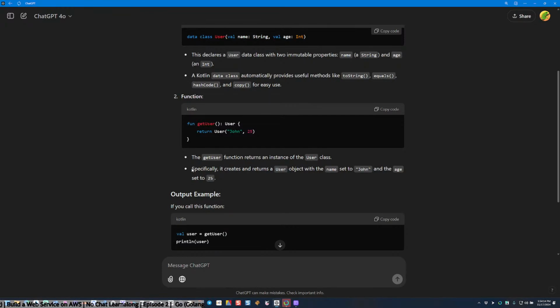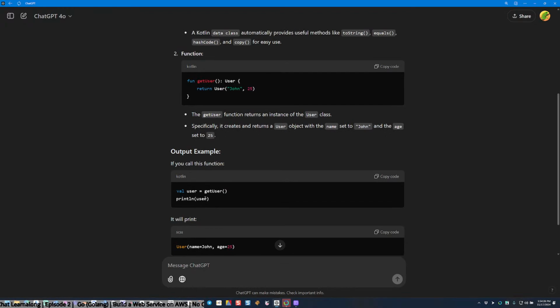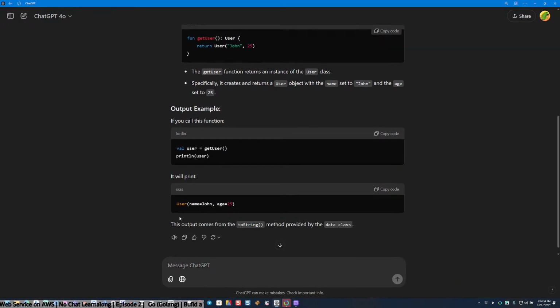Ooh, you know what would be cool, if the getUser function returns an instance of the user class. Output example, if you call this function, val user equals getUser, println user, it will print User name equals John, age equals 25.